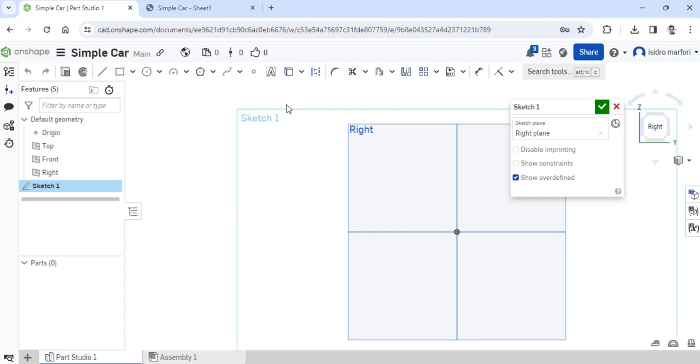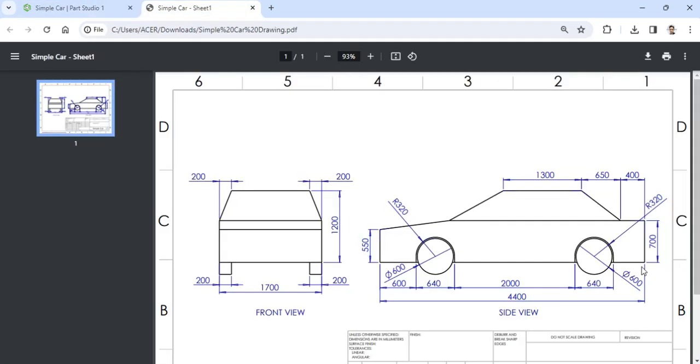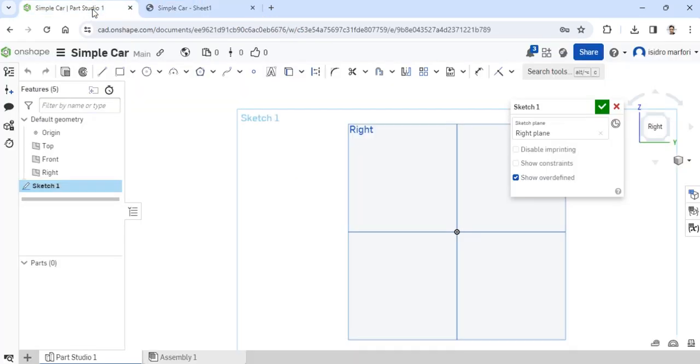So right now we could start by making our sketch. We simply have to follow how the car would look like on the side view. So in our case, we simply draw these lines here, except we will not include the wheel wells. So that would be simply like this.